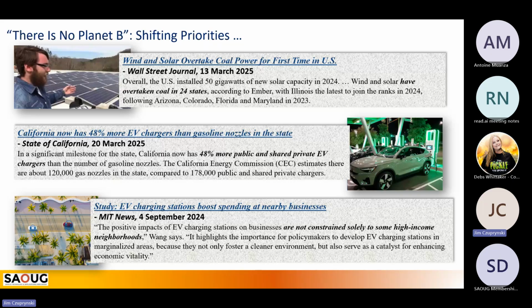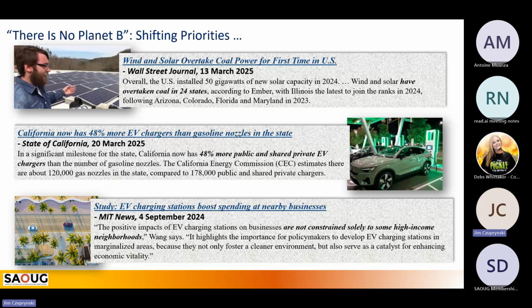We're also finding out that EV charging stations, which we're a little slow to develop here in the Midwest of the country, have positive effects for businesses nearby, right? It takes you 15 to 30 minutes for a full charge of your EV. What are you going to do? You're going to walk over to a local cafe, maybe go shopping at a local store. It's not just about rich people, if you will.